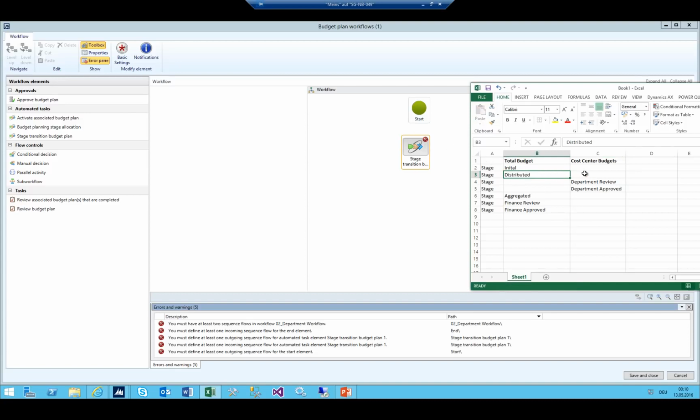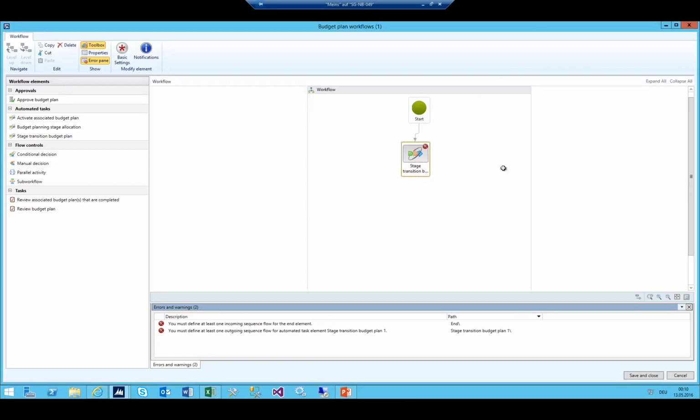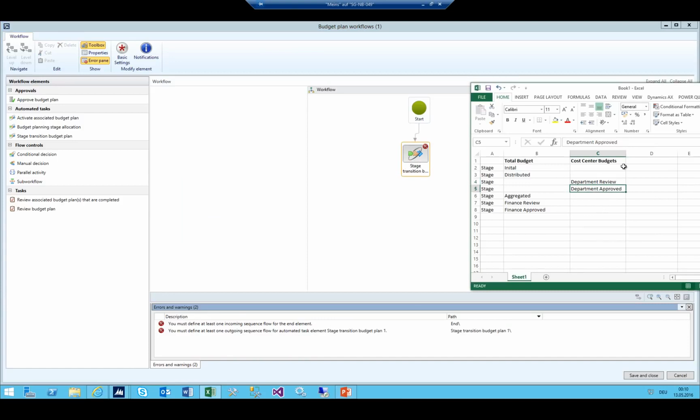And in here, when this workflow starts, so with the distribution, this workflow starts. So this means nothing else than we need to put here also a stage transition to put this one to the department review stage. So therefore, I just say here start. Good. What happens afterwards? Well, someone needs to